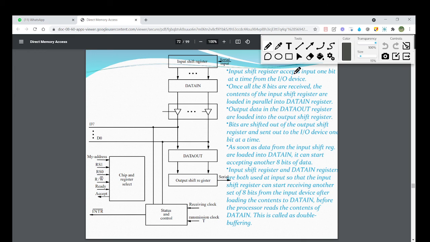Let us see the working which is explained here. The input shift register accepts input one bit at a time from the input device. Once all 8 bits are received, the contents of the input shift register are loaded in parallel to the data in register.